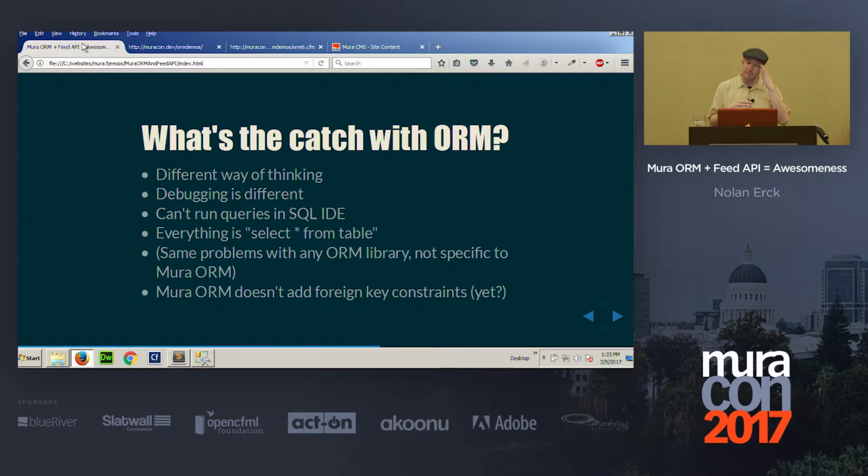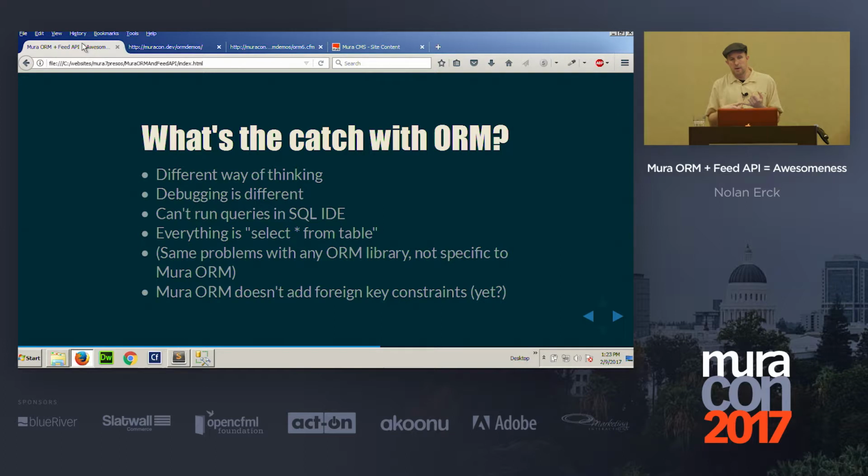Debugging things is a little bit different. In the case of Mura ORM select statements, it's pretty easy to see the SQL that's being generated. You can actually call .getQuery, and I'll show you a sample of that in a moment, and look at the raw SQL right there in your page to see what's being generated, double check that the joins are being done correctly, double check that the where clause is set how you want it, or whatever the things are you want to do. For other ORM libraries like CFORM and Hibernate and some of the other ones that you may have